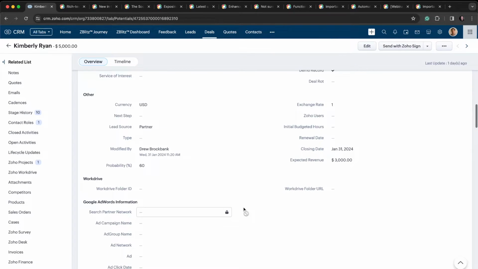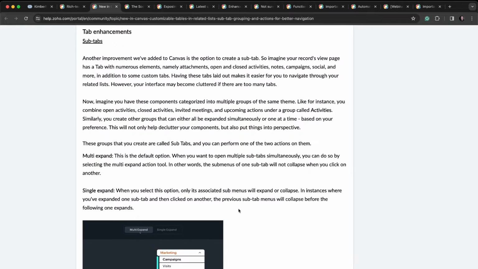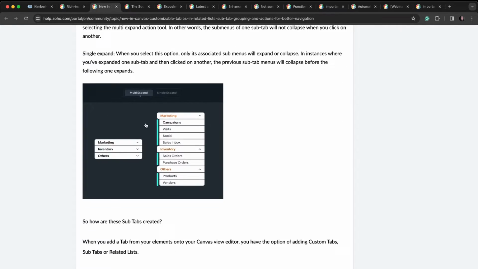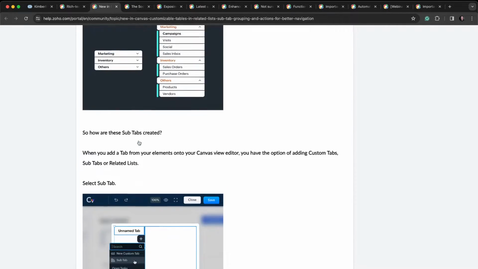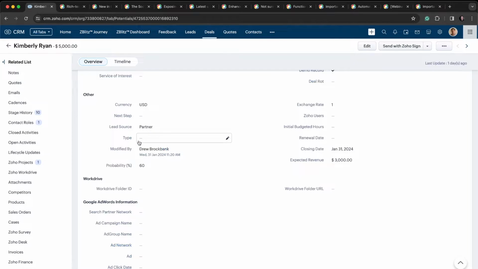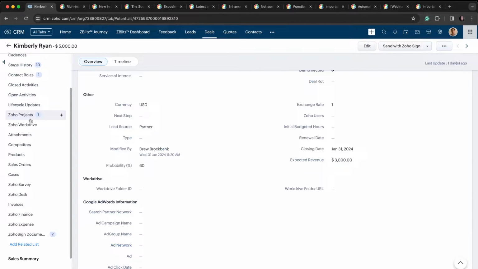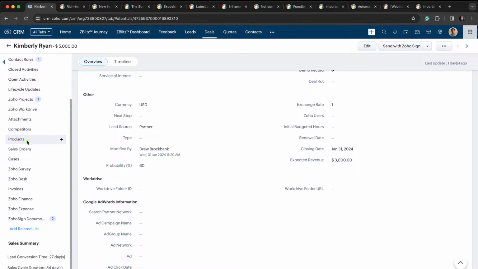You still have these different sections that are helpful. So that brings us to the announcements for subtabs. Essentially, what this allows you to do is inside of the related list view, you can actually group some of these together. So let's say I wanted to group in marketing